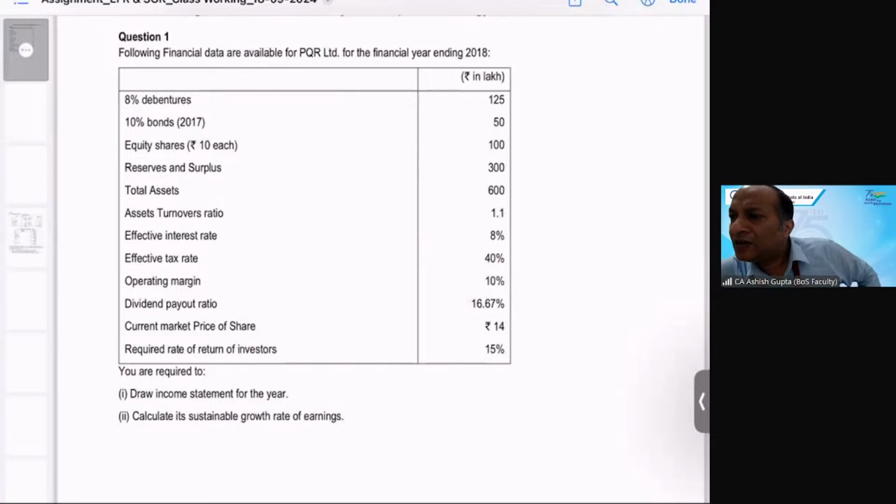Yes, Sahil, Alka, and Anita. Yes, you are right, beta. One second, there is one student asking. Ankita is asking, sir, where is the assignment available? Beta, it is available in your BUS knowledge portal.